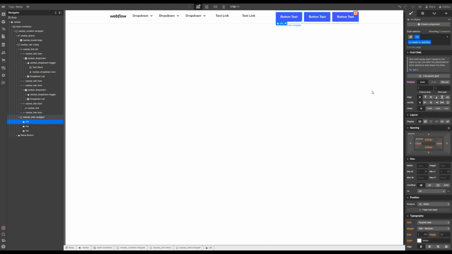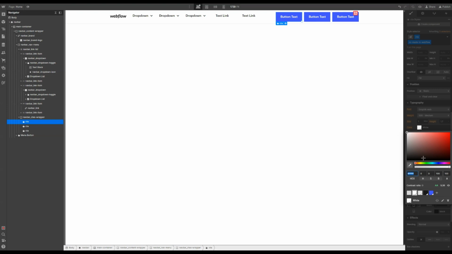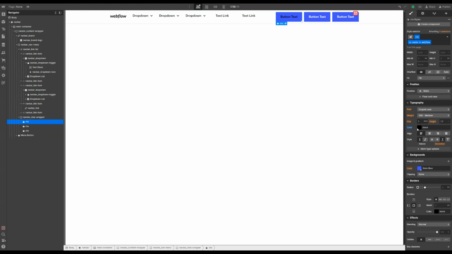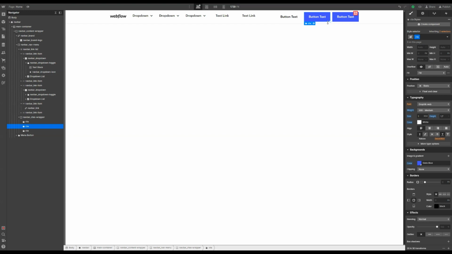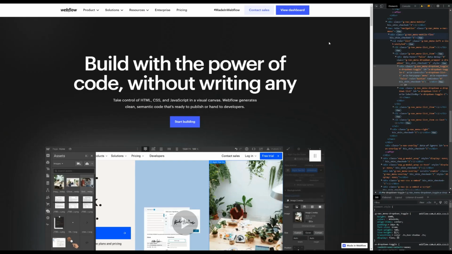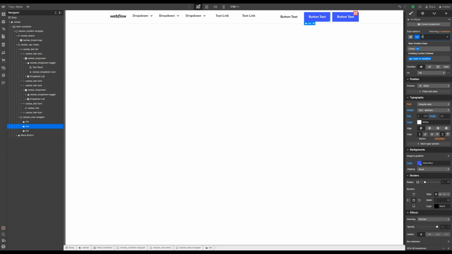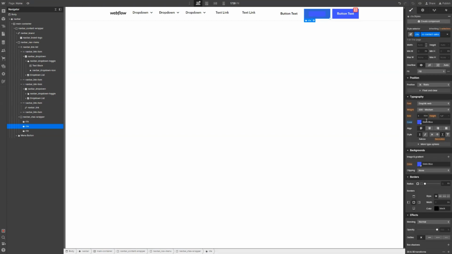And for this one, we want the color to be pure black. I don't think that we are going to add it to our color swatch list because we're not going to use it that often, probably. Let's just do that for the moment. And then we want the background color to be white. Then let's select this one, and let's add a combo class of CC contact sales, and for this one the font color needs to be purple, and for the background color